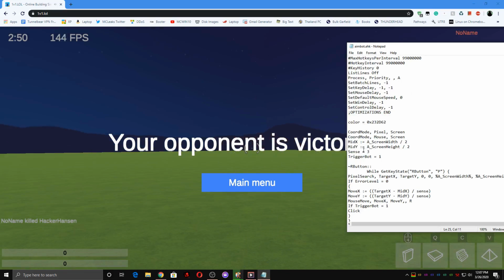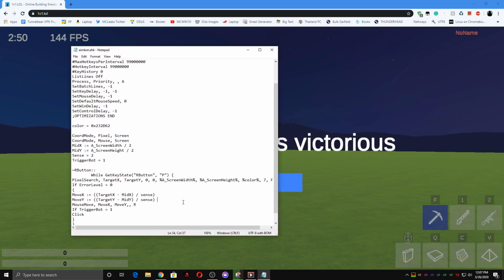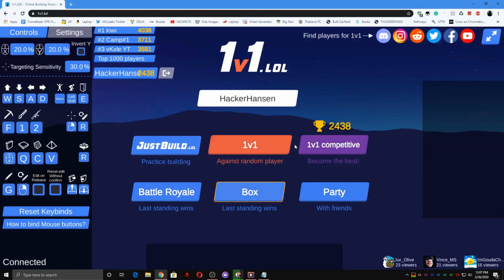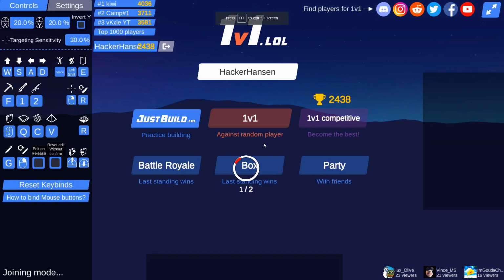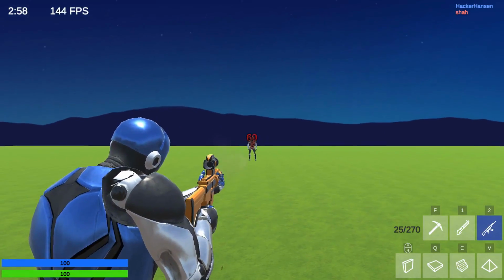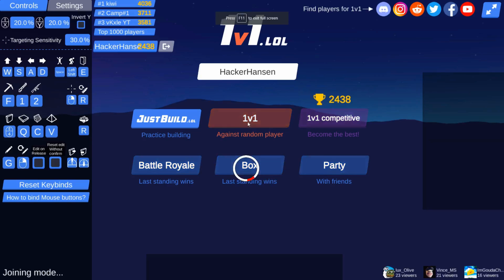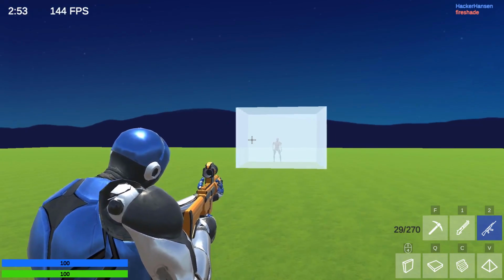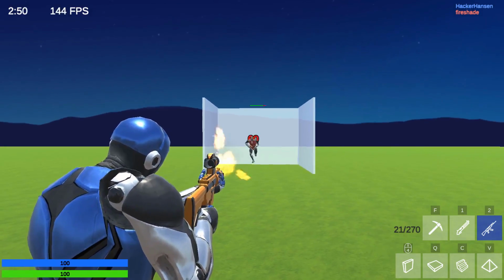So right here we can change that sense equals 2, and if the sense is lower, it makes it so the aim tracks harder. So after that you can go and run it again, hit yes, and then do another 1v1. So here it tracks much harder. Okay, I'm gonna shoot manually, and then it's gonna... Okay, now it's